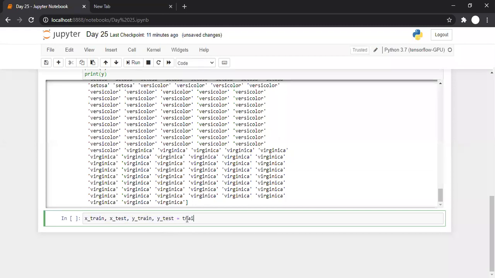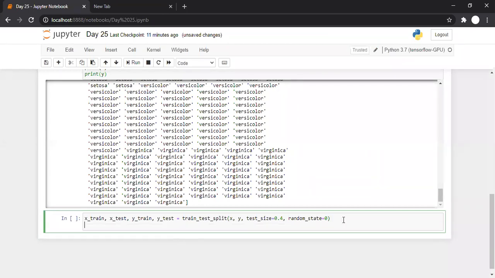And for that we'll use the method train_test_split. To this method we will pass the x value, y value, and then we'll specify the test size. Test size means what percentage of data we want for the testing part. So let's say we want 40% of data for testing, so the remaining 60% will be used for training the classifier. And finally we can specify the random state, so that every time we run it we do not get a different result. Random state is optional, but you can always use it.